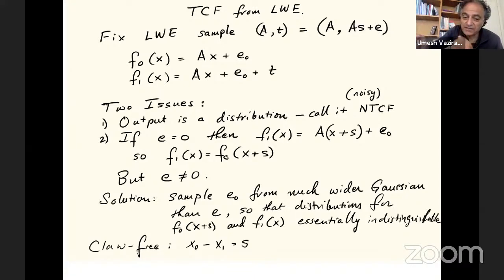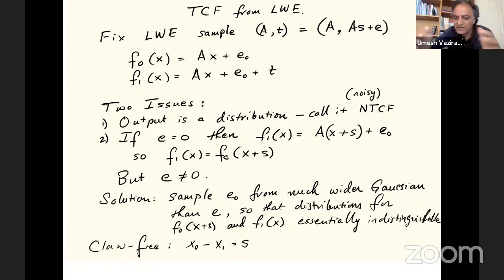So F naught and F1, we now have this collision between X and X plus S. But the problem is that E is not equal to 0. And so instead of getting this very nice relationship, we'll have F1 of X is A of X plus S, that is A times X plus S, plus E naught plus E, and we don't know quite what to do with this. So the solution is to sample E naught from a much wider Gaussian than E,